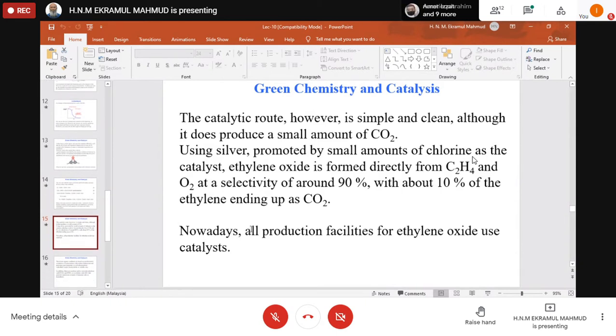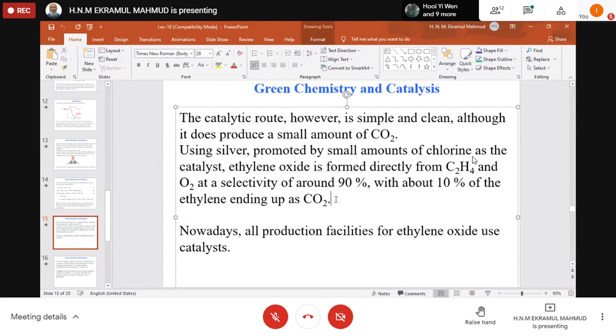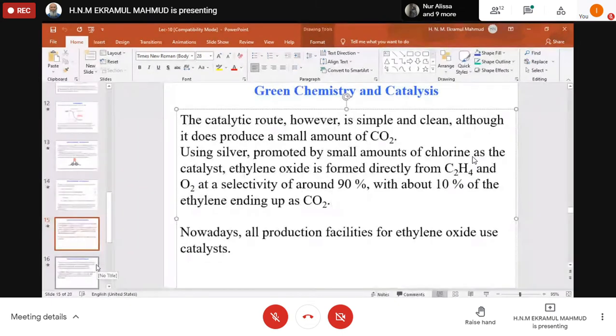Again, there will be research to get this new type of catalyst to get 100% conversion and no carbon dioxide, right? Because we still have the problem of getting 10% of carbon dioxide. Now research will be continuing to minimize this one, that is no carbon dioxide, if we can come up with this. So catalyst will be developed, right? Time will come when you will see that.